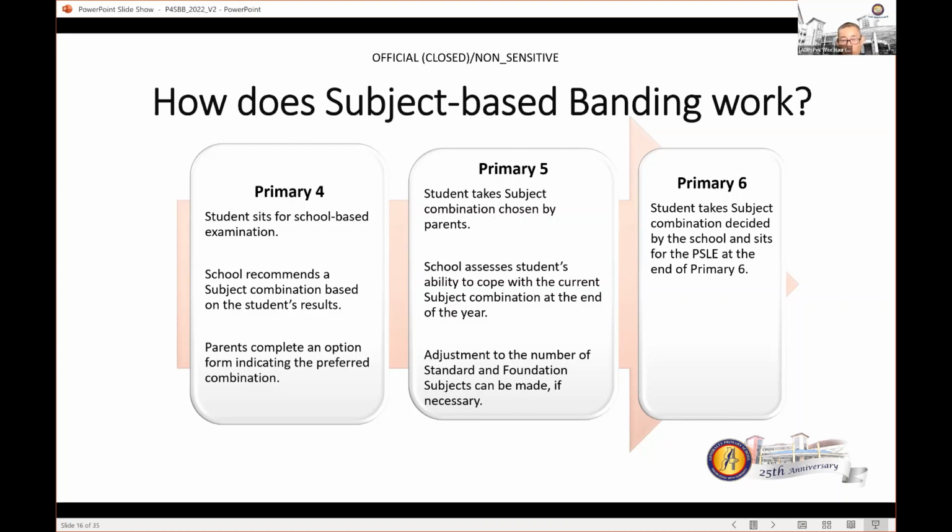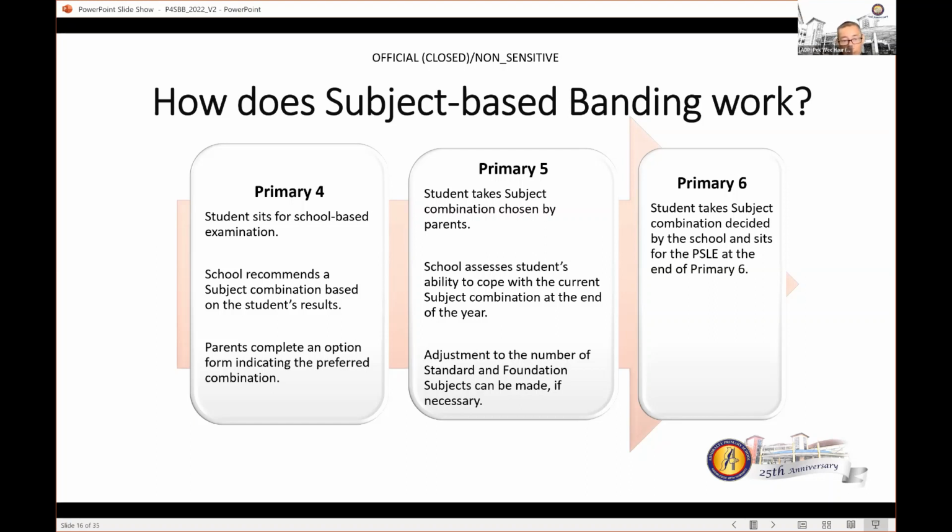Ultimately, our decision will be final. I know it probably doesn't sound very nice when I say it this way, but really what we want is that we do not want to disadvantage the child. But then again, I also want to say that we also want to get your buy-in. So we also do not want a case whereby the school just unilaterally makes a decision that, as a parent, you feel very uncomfortable with. Okay, we want to safeguard our children's interest, and we will try our best to convince you